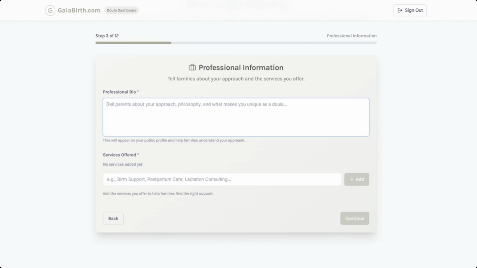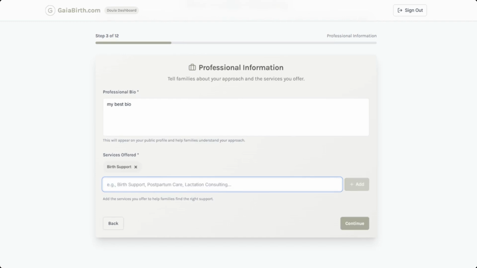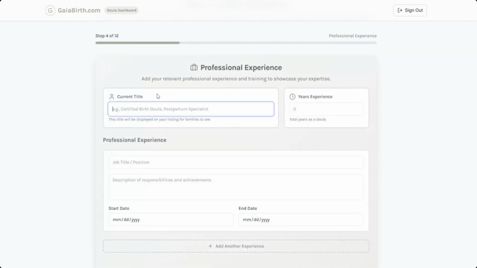Professional information. So here's where your bio goes. Any services that are offered. Say birth support, and you see how it gets added right here. Lactation. Cool. Whatever. I'll put a couple in there for you. And then continue. And then your current title, whatever your professional title is. I don't know what. Not big into the doula space. Don't know all the terminology, but then you can put in how many years of experience you have,